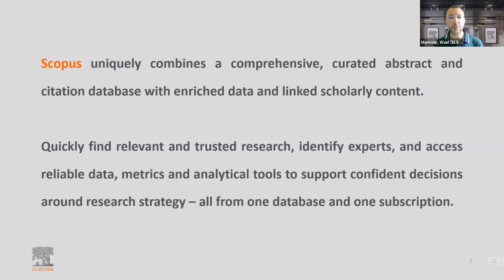First of all, it combines a comprehensive curated abstract and citation database. So Scopus is an abstract and citation database, but it is a comprehensive database. From the numbers, we have reached 100 million publications last month in Scopus, from more than 28 or 29,000 journals, plus other sources. And when we say curated, it's because